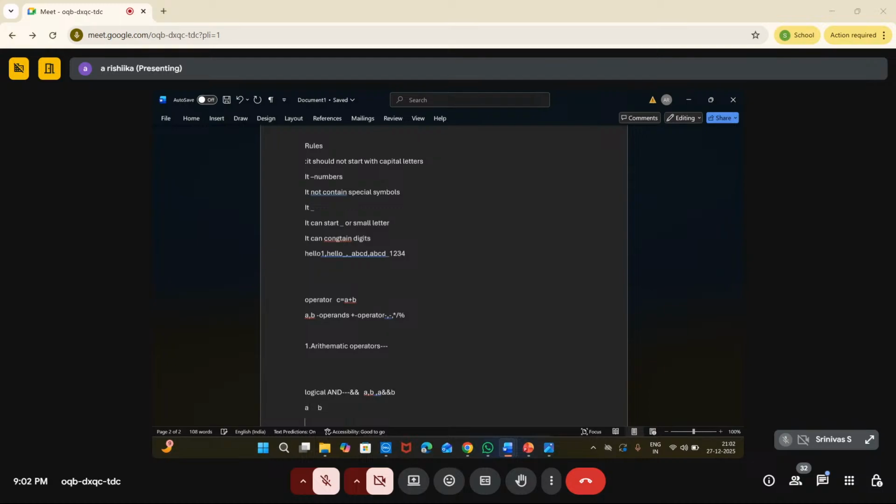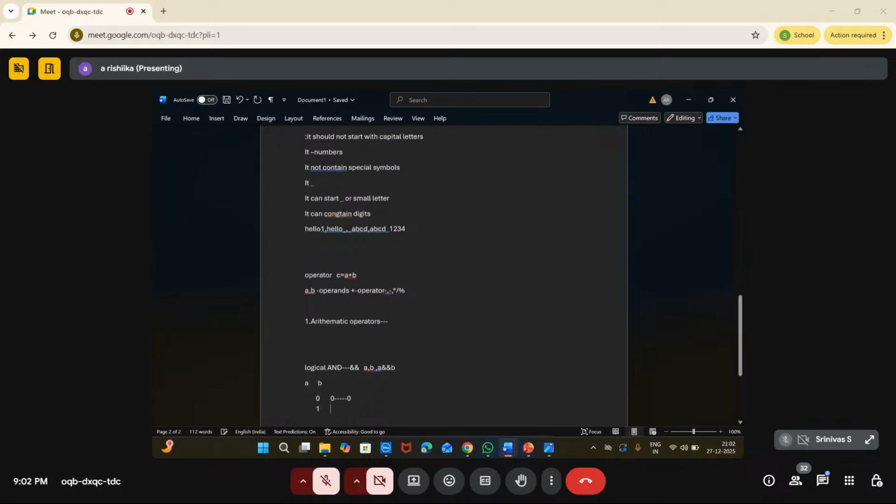If a's truth value is 0 and b's truth value is 0, it returns logical and, that is, conjunction, right? A intersection b. There are no common elements in a, no common elements in b, so the answer will be 0. Next, if a is 0